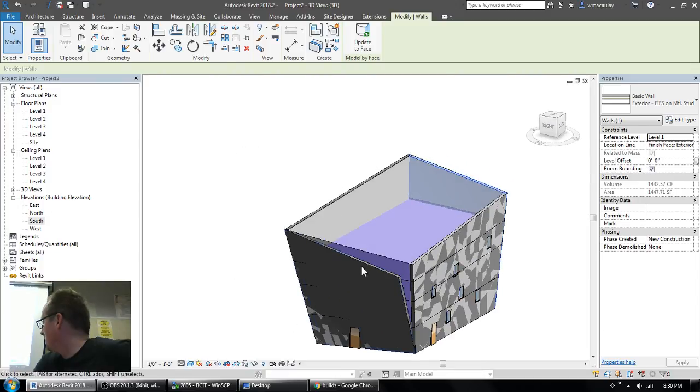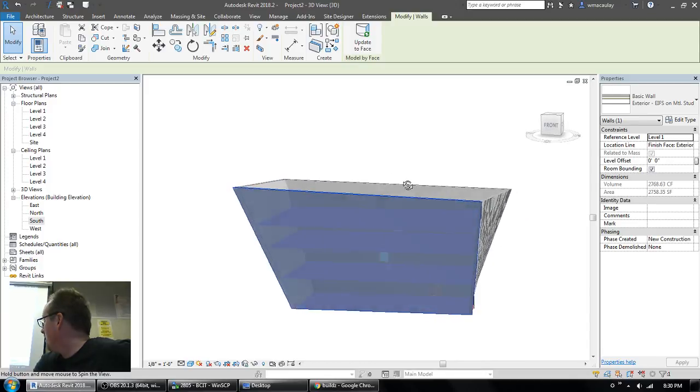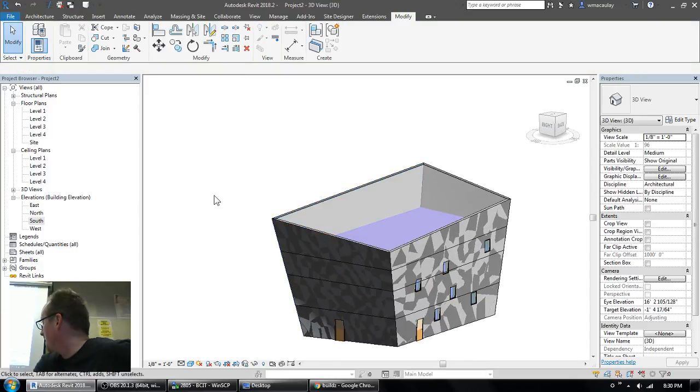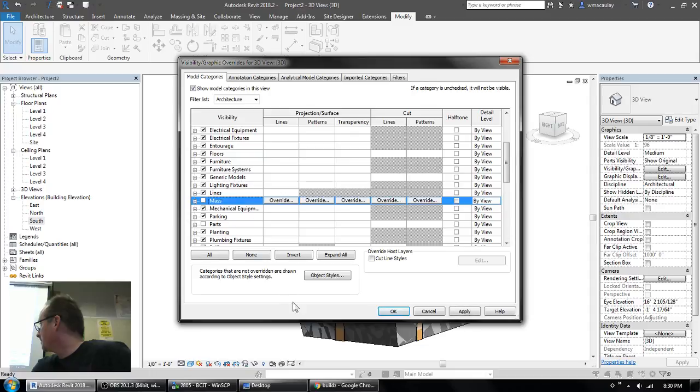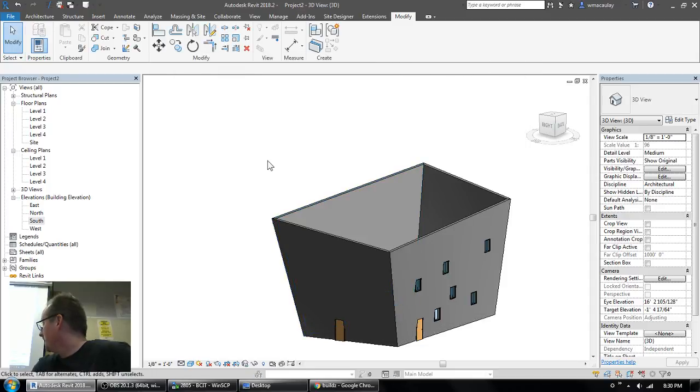You have to finish your mass edits and then come back out afterwards and reassociate your geometry with any changes that you've made in the mass model. And then when the massing work is done, you go down and turn the mass category off, and you're good to go. So that is one of the more significant uses of the massing workflow. So if you guys look at page 6 of the notes,